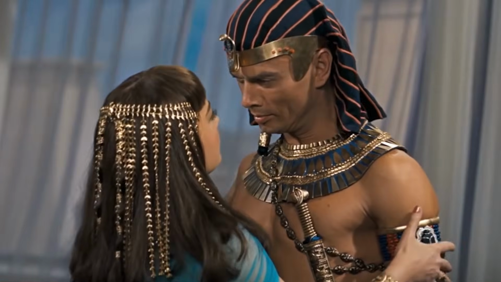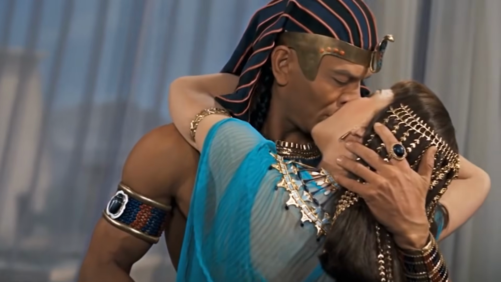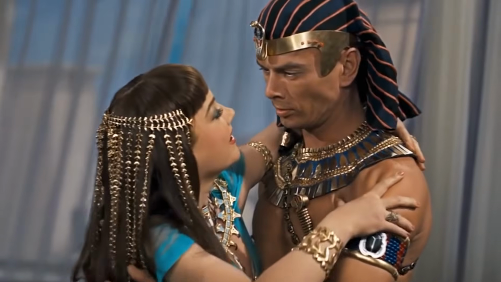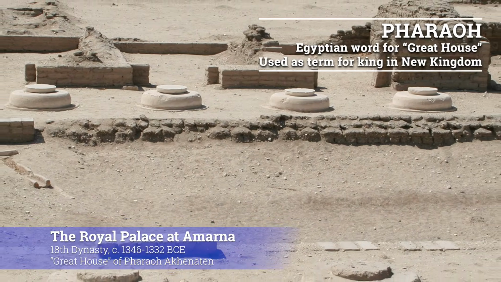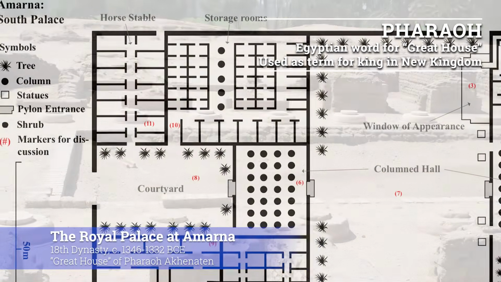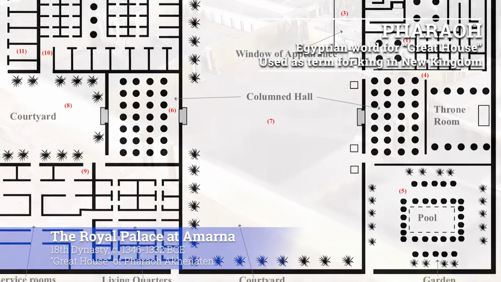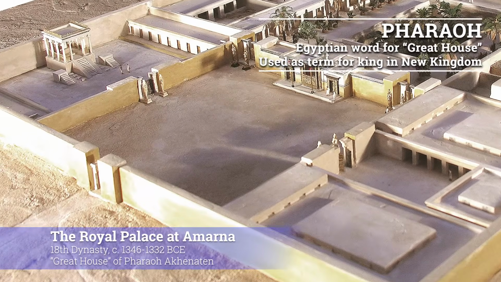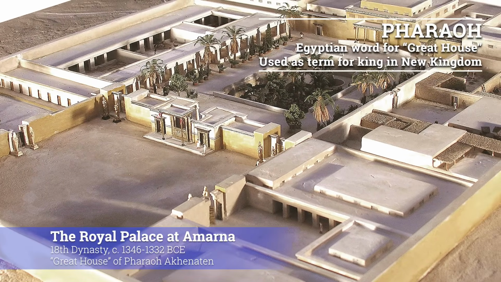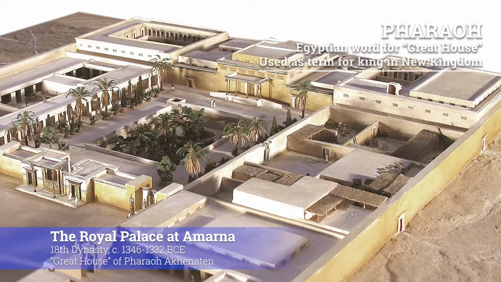So what actually does it mean to be king? You may have noticed that we've been using the term king and pharaoh interchangeably to describe the ruler of ancient Egypt. The word pharaoh comes from the Egyptian word per-aa, which literally means the great house. This term didn't get attached to Egyptian kings, however, until the New Kingdom, almost 2,000 years after Egyptian kingship developed. For our purposes, however, we'll keep using the title of king and pharaoh interchangeably, even if it is sometimes anachronistic.